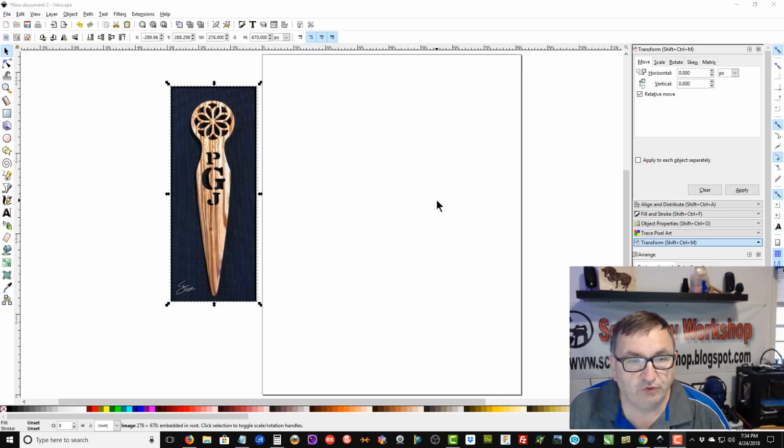Here tonight with a quick tutorial on how to add initials to this letter opener that I'm publishing the pattern